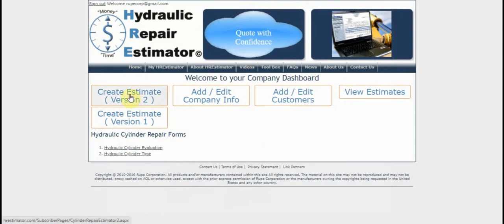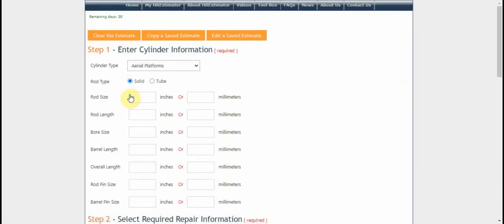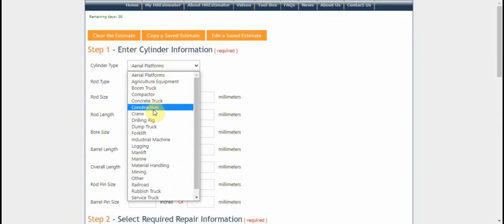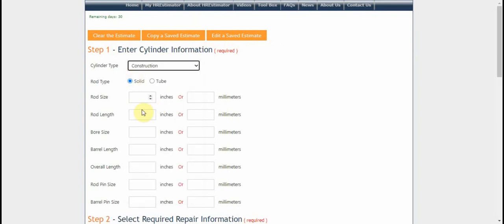Let's make an estimate real quick. Go to Create Version 2, Create Estimate. You can check out all this stuff, but we're going to do a construction cylinder, solid rod. You can put in inches or millimeters. It doesn't matter, either side. We're going to go 3-inch rod, 40-inch rod length,